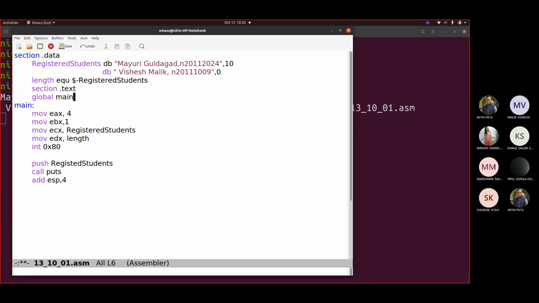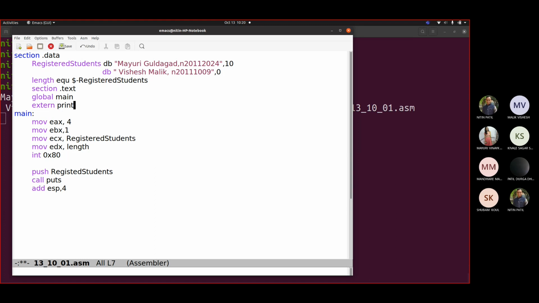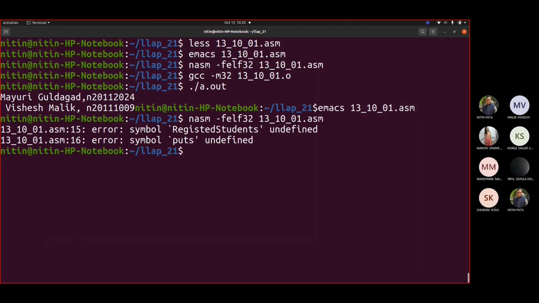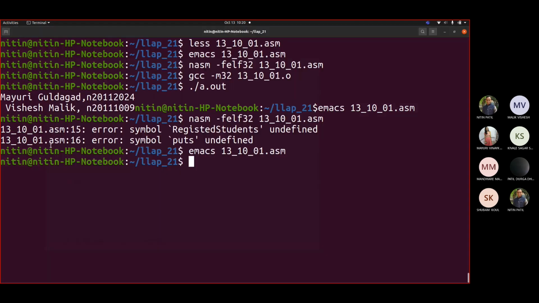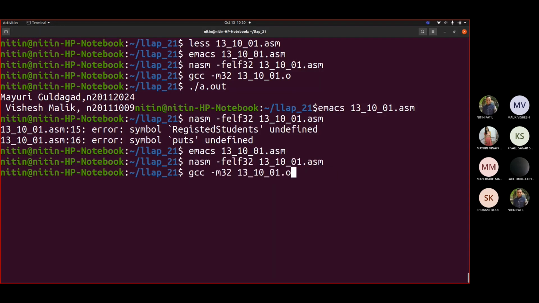So let us write here extern printf, assemble. Oh, sorry, I wrote printf and puts. I made a mistake. Registered. And then this should be puts. As some gcc